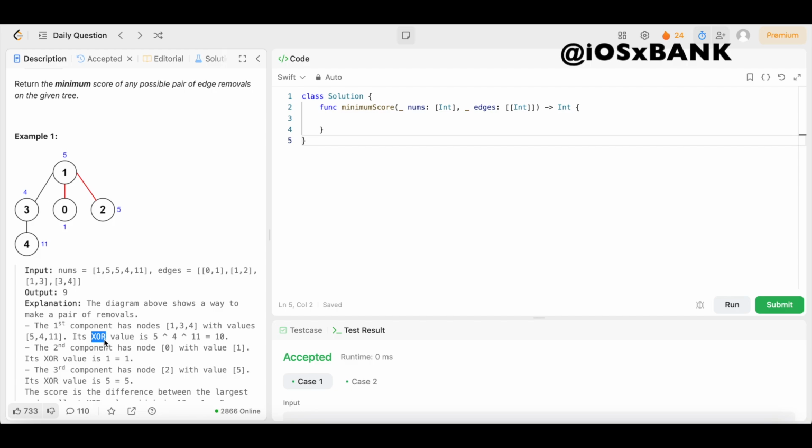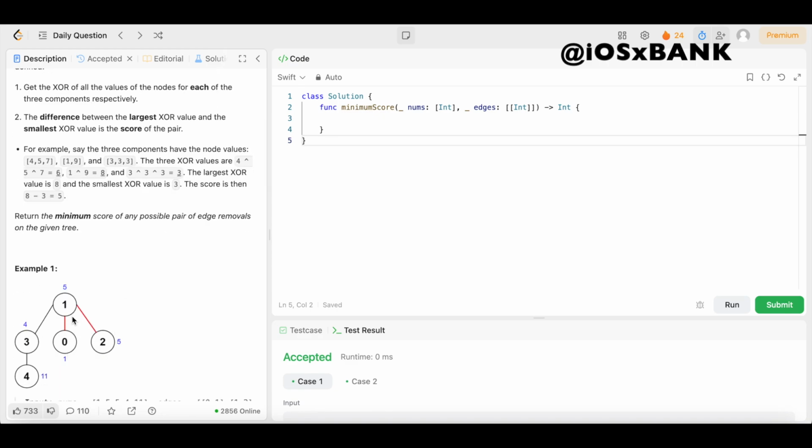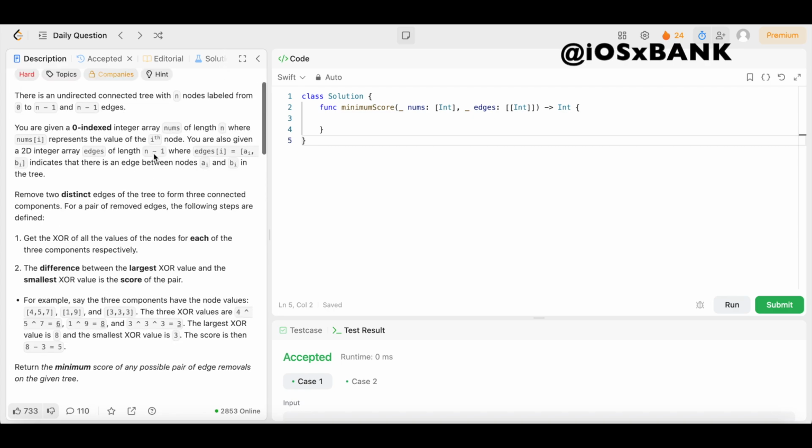So first it says the first component has nodes 1, 3, 4. Matter of fact, before we continue, these red lines, these red edges right here, they represent the edges that are removed. So it says